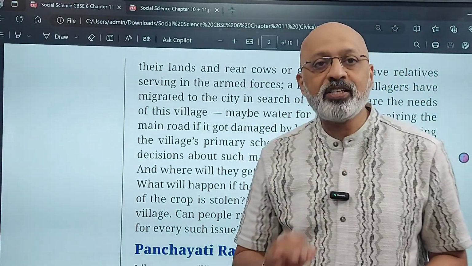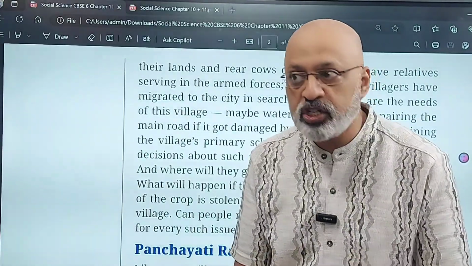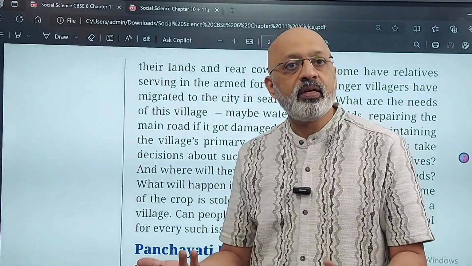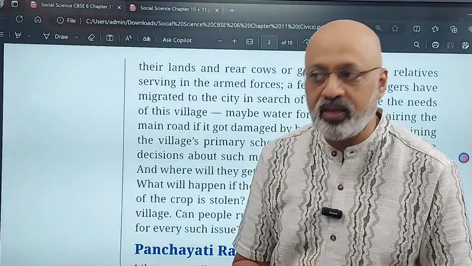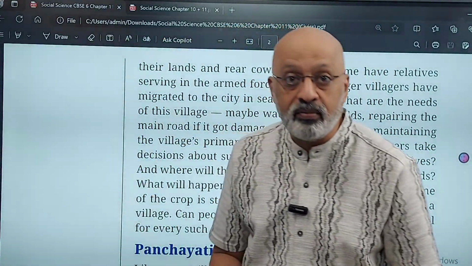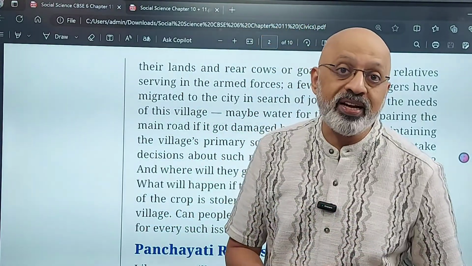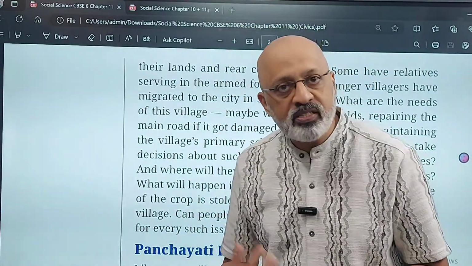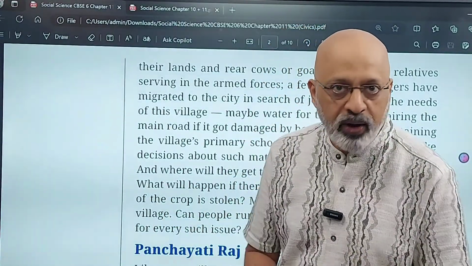So if that has to be done, these people will have to represent to the local administration of the government, which could be the district collector, to say that our village needs 2 new classrooms at the primary school. तो इसी तरह से डिसीजंस लिए जाते हैं. गांव में पंचायत बैठती है, देन वो पूरे गांव के लोगों से डिस्कशन करते हैं. उसके बाद a representation is sent to the district collector, who is an IAS officer, to say that please allot funds so that 2 new classrooms can be built for the primary school.